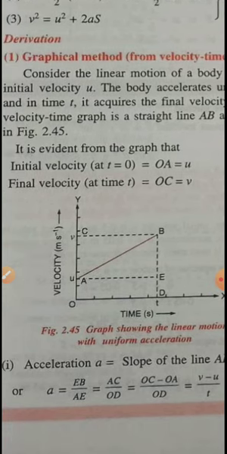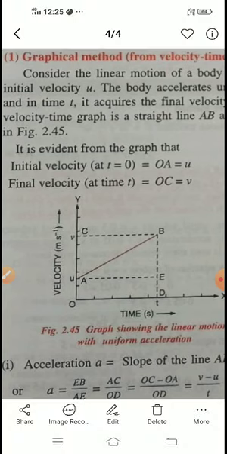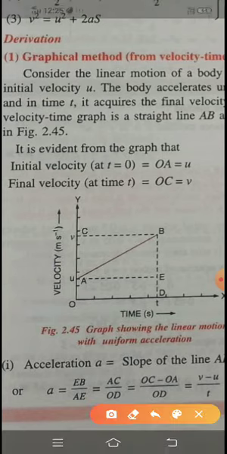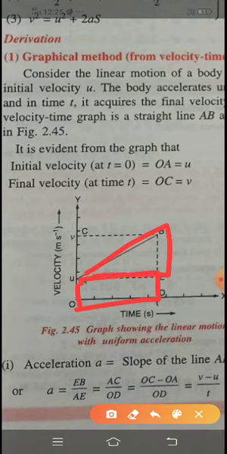Look at your graph. OX, that is your x-axis, is used for time, and OY is used for velocity. OU is your initial velocity, and after that it is increasing, and V is the final velocity. Therefore OV is final velocity and OU is initial velocity. By looking at this graph you can find some shapes. OUED is a rectangular shape. The next one is a triangle shape, UDE is a triangle. So using them only we will find it.